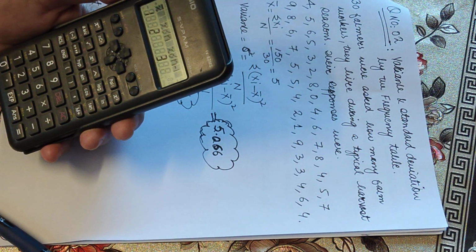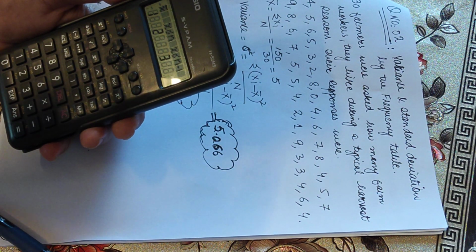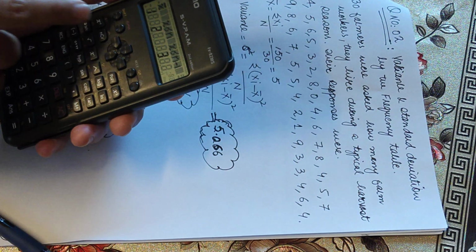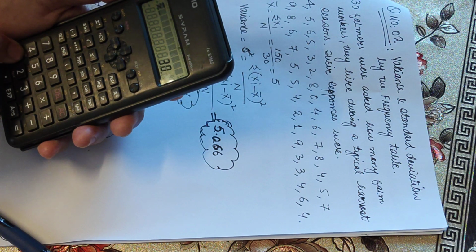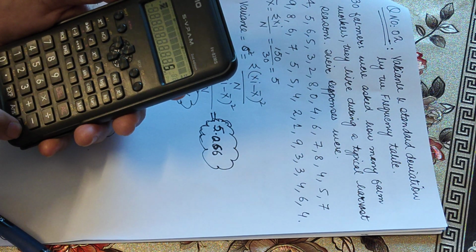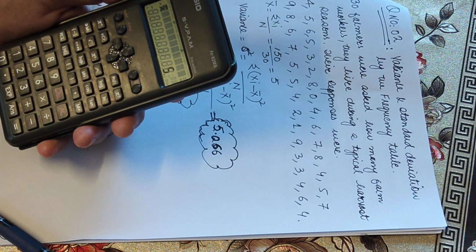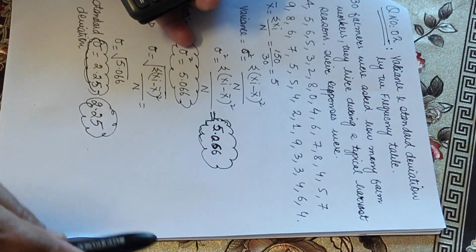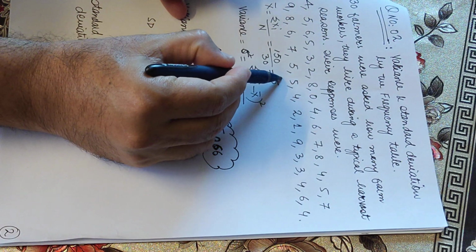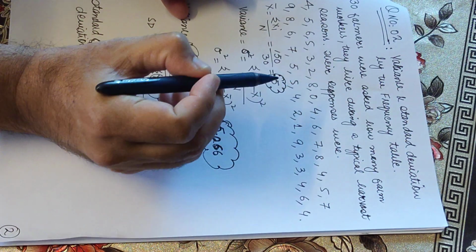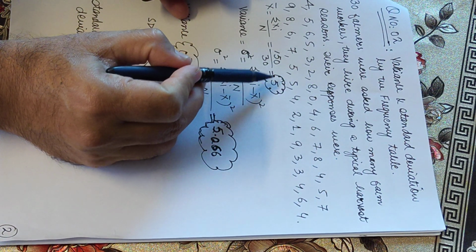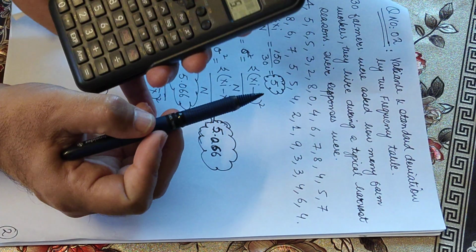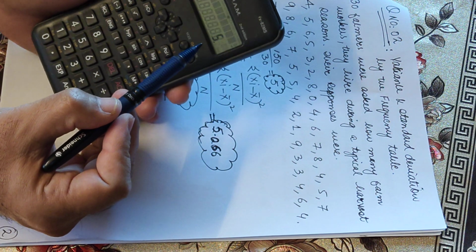So what do we need? The first one, we need to measure the mean of this data. Now we will press the 1 and then press the is equal to button. Now see, the mean of this data is 5. We have already measured manually the mean of this data, which we calculated manually is 5. Okay, and in the calculator it is 5.